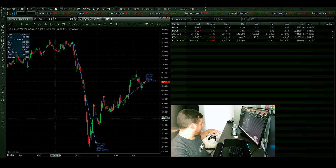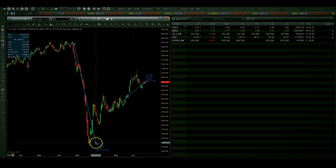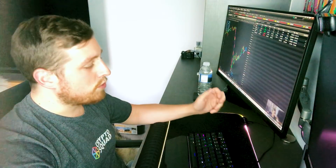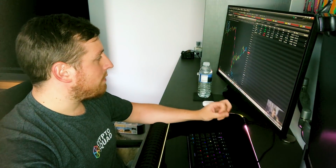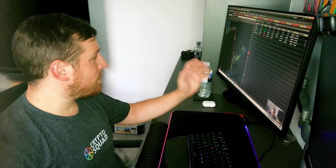So JD Sports, as you can see, it dropped by 65%, and we saw the lockdown, and that's when I wanted to start getting some of these good buys with resilient companies that have a good track record, good earnings, so on and so forth, to get involved in this marketplace. So that was one of the main positions that I bought. That was one of the positions that I cashed out on, and I'm going to explain to you exactly why